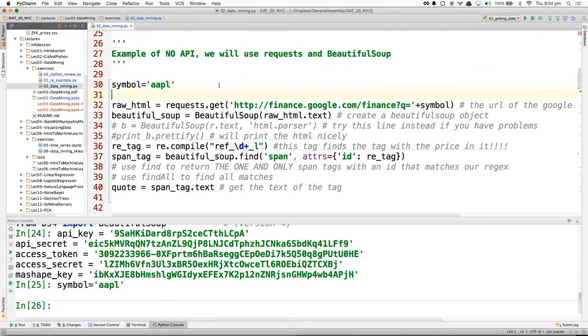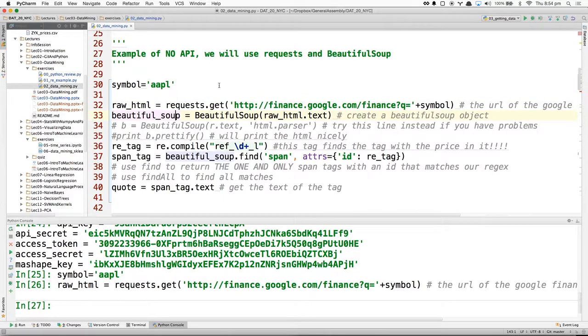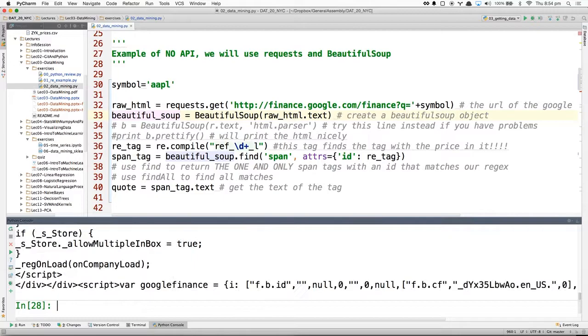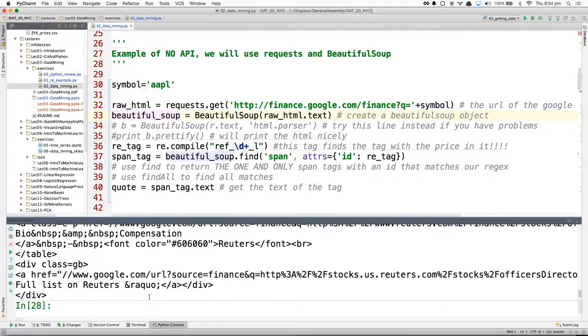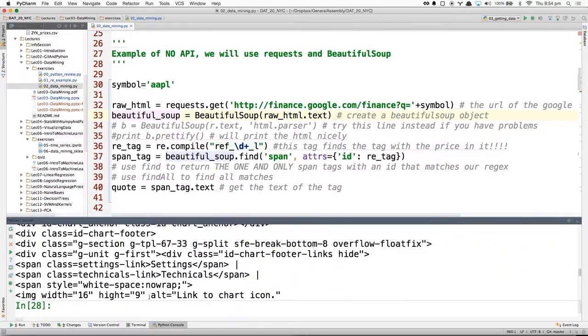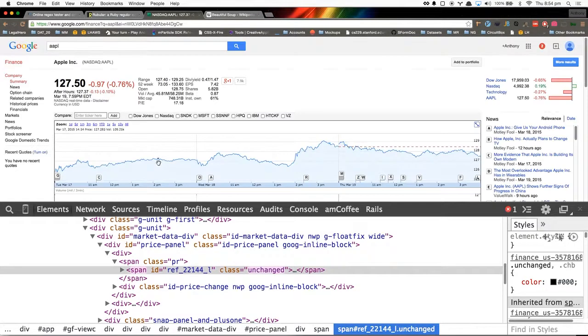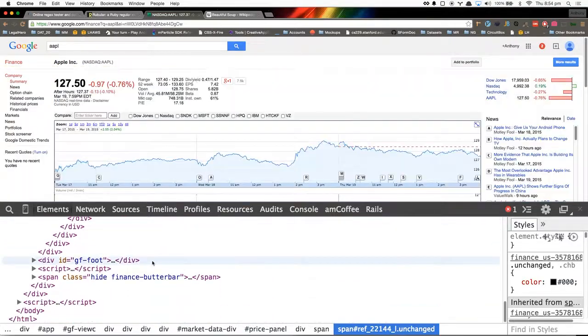Basically, we know the symbol of Apple, AAPL, and we use this request object to get the raw HTML we want to parse. If I look at raw HTML.txt, it's going to be massive, but this is just the raw HTML on this page.